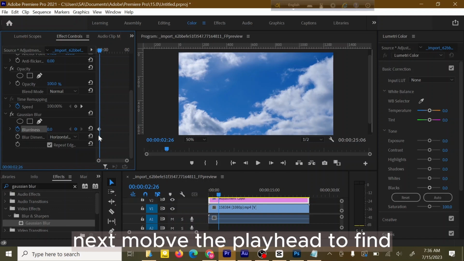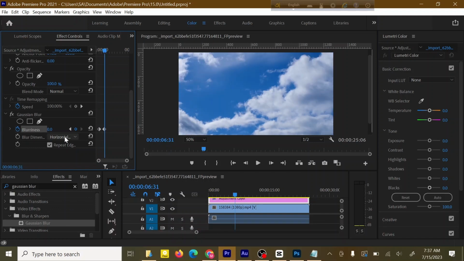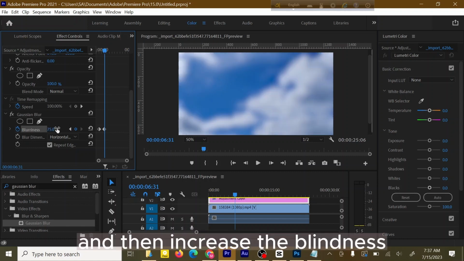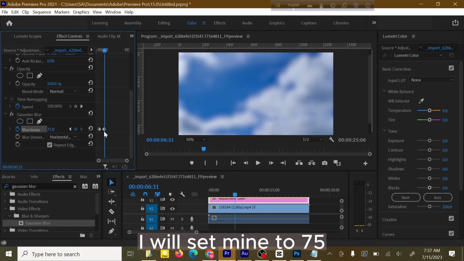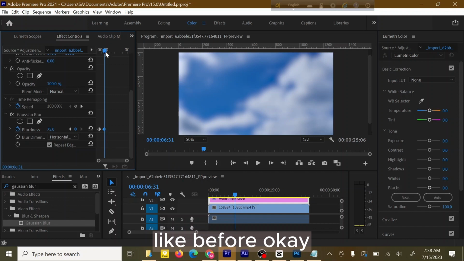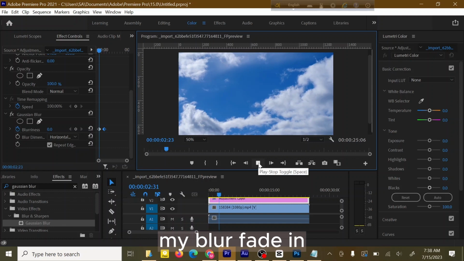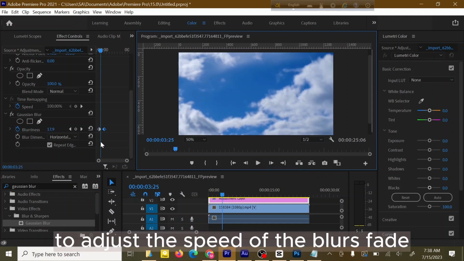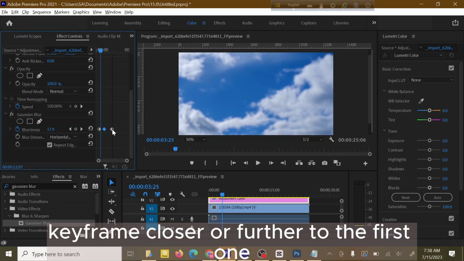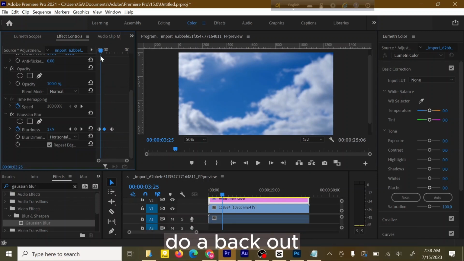Next, move the playhead to when you would like the video to be completely blurred by, and then increase the blurriness. I will set mine to 75 like before. Okay, now when I play this back, my blur fades in. To adjust the speed of the blur's fade, just drag the second keyframe closer or further to the first one. To blur your video back out,